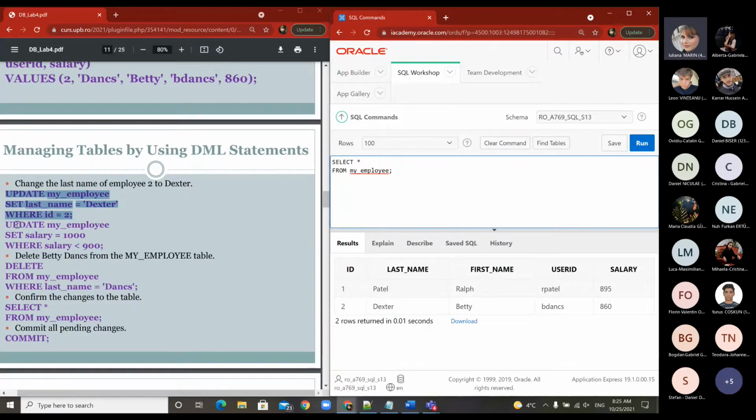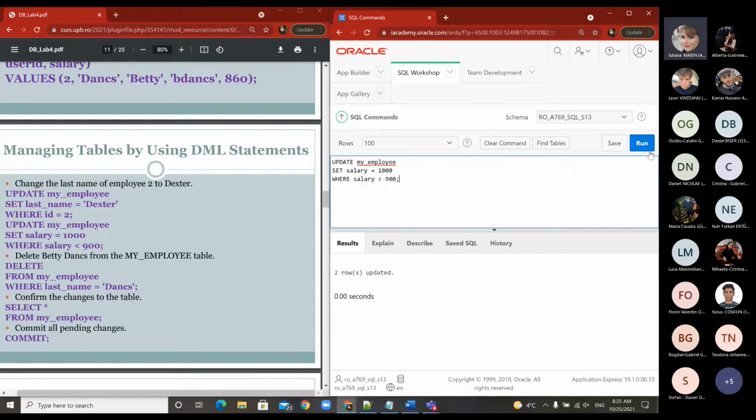Then you can also update all the salaries. So where the salary is less than 900, you want to set it to 1000. So you would update according to your table name. You set a column according to a value, and you filter based on a criteria, such that now when we do the select star from my employee,